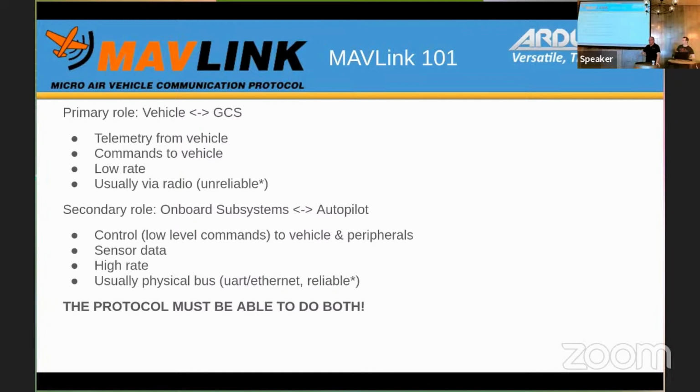Even though it's still MAVLink, that's a very different implementation and use case. So where we're looking at normally a hardwired link, in ArduPilot's case at the moment that's a UART, you generally have much higher reliability. You generally don't actually care that much if you drop messages, as long as it's not too many. So you end up with basically streaming messages,